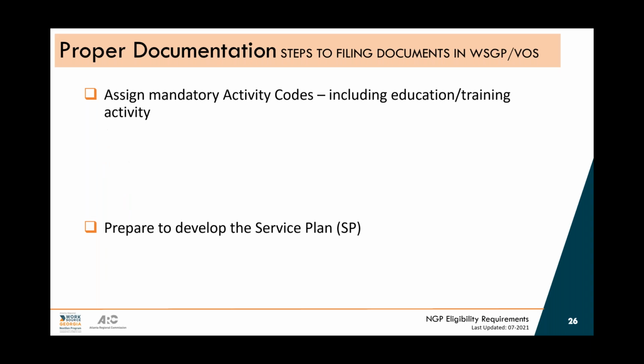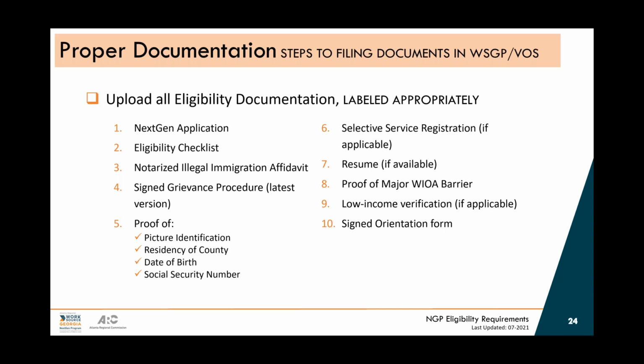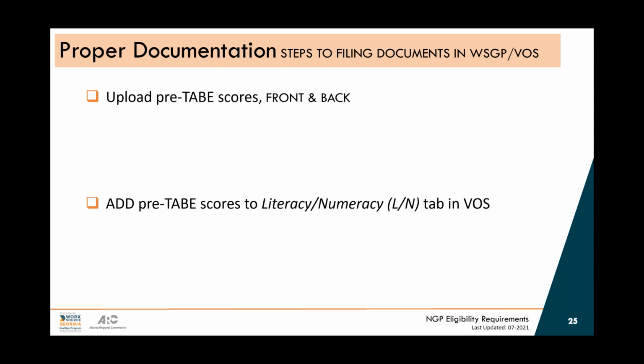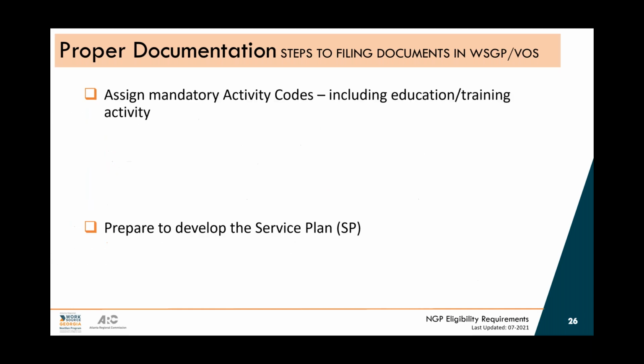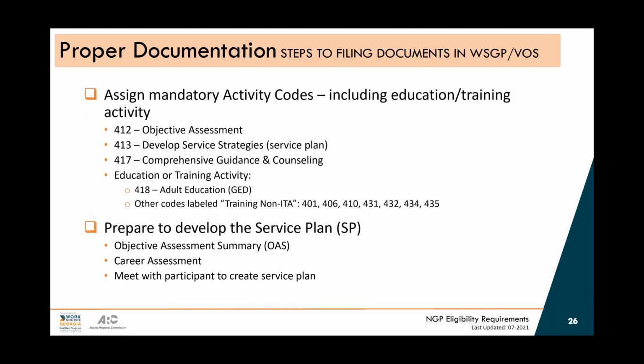As you can see, there's a number of things that you need to have. You need to have a lot of documents at the onset. There's 10 documents here, not even including that there's like 4 documents. So there's like 13 documents here that you'll have to have. Plus, once you actually go into the system, you have to do these additional things. And this is starting the file. This is at the beginning of your file. And then from that point on, you're just doing ongoing. You're adding activities as needed. You're uploading documents as needed. And you're putting in case notes regularly and updating the service plan.